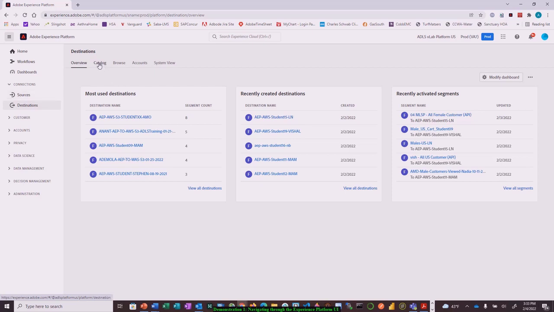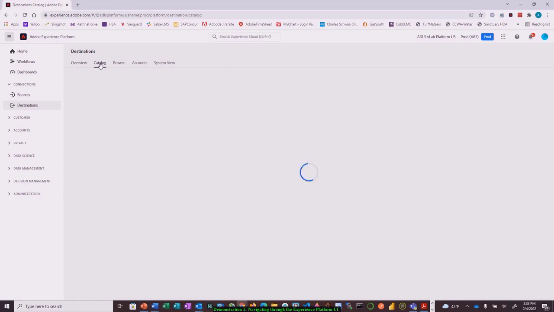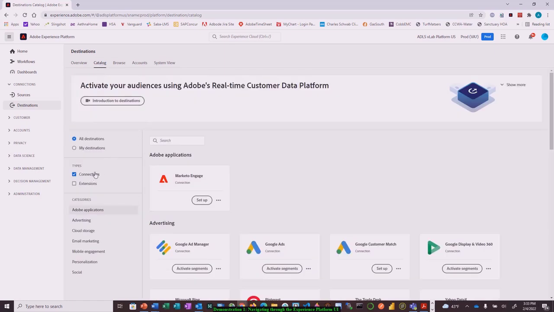So if you click on catalog, once you click on catalog, you can see the two categories, the connections and the extensions. We're going to talk more about this. And you can also see that it is categorized for Adobe and non-Adobe sources as well. So that is what the connection workspace allows you to do: either bring data into the platform or export data